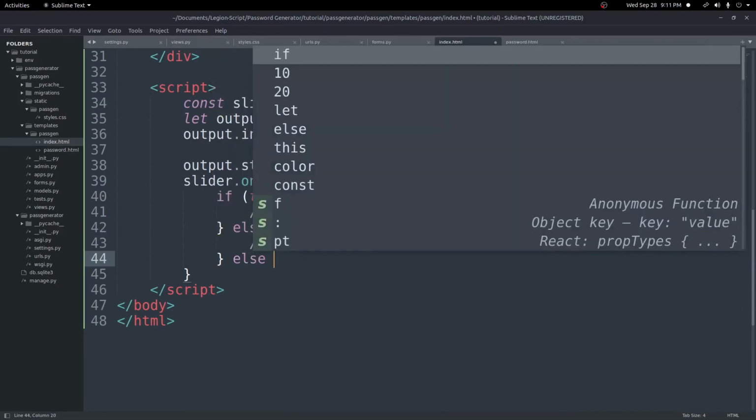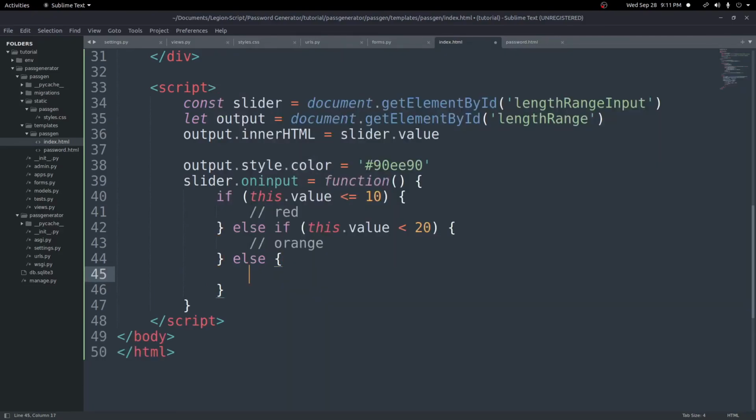And then else, we'll go ahead, it's not red, it's not orange, it'll be green. And so this will be output.style.color, our green color, which is 90EE90. So if you don't understand what's going on here, what we're doing is we're adding an on input